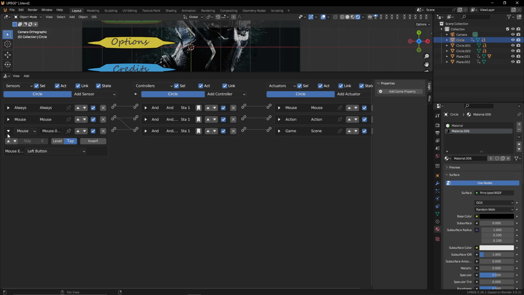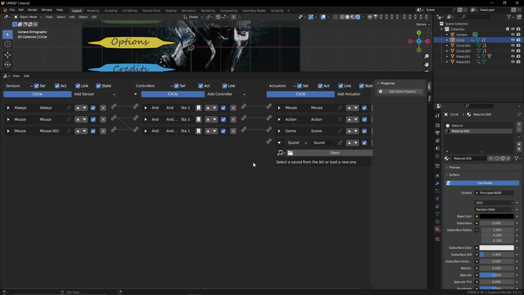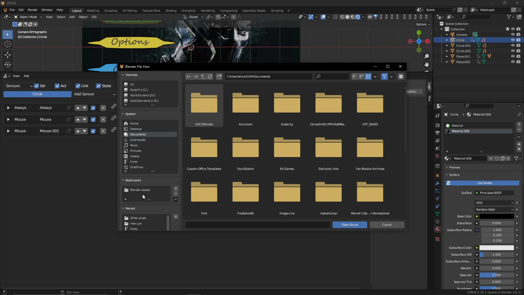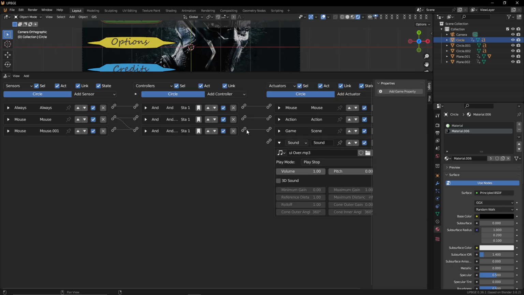Now, what am I doing? So I'm going to use this mouse over. This is going to play a sound. We needed to play a sound, so let's open up a sound. Now I've got sound on my music, and that's going to be fine. We just need like a click sound, not a click sound, maybe like a... I'm going to have to check out these sounds before a UI over. I actually have that downloaded. Now I'm going to make sure I actually